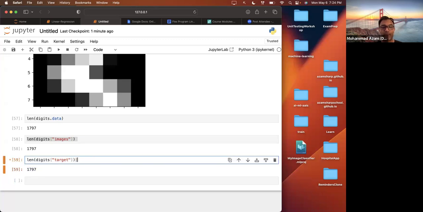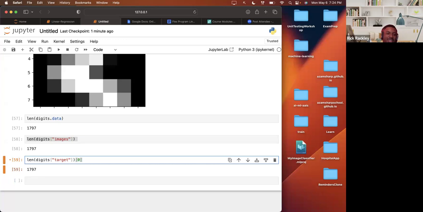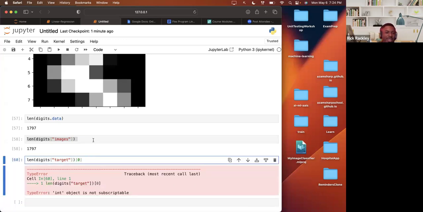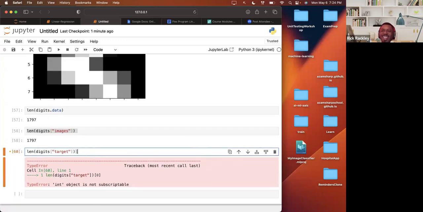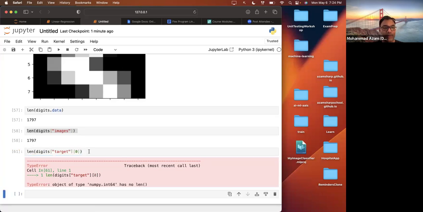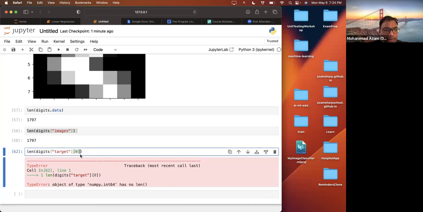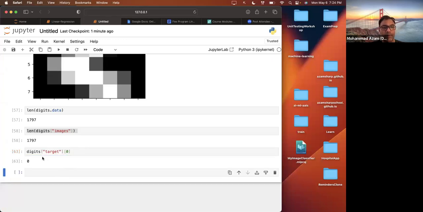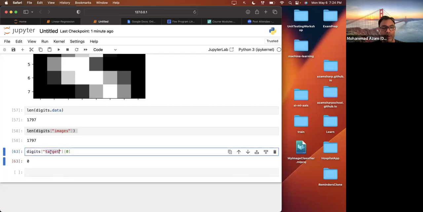So if I say right, I got confused because the length kind of threw me off. I was like, oh, that's a lot. Yeah. So if I simply say, did I do something wrong? Digits of target. Oh, length, not length. Forget the length part. If I say 0, so digits target